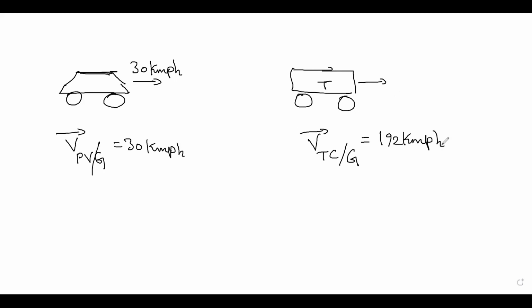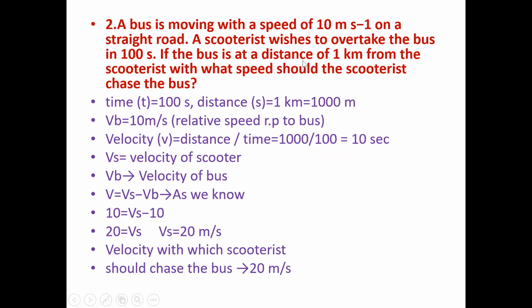And now the next part is that this police officer has fired a bullet onto this car. And with what velocity this bullet will hit the car is what we have to answer right now. By intuition itself we can solve this. Now, what is the velocity of the bullet with respect to ground? There is some velocity of the bullet they have given: 150 meters per second.